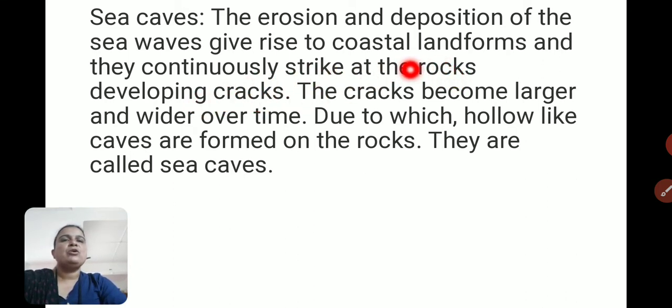On the rocks, due to sea waves continuously striking, cracks are developing over there. The cracks become larger and wider over time, due to which hollow, cave-like structures are formed on the rocks. They are called sea caves.